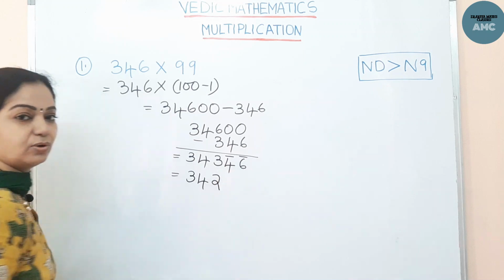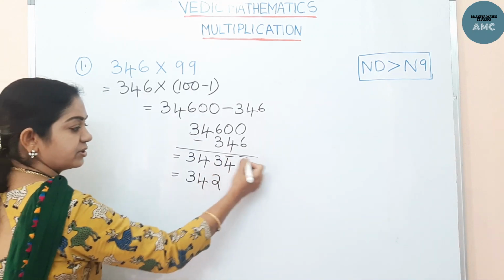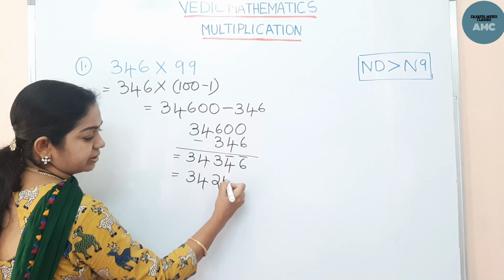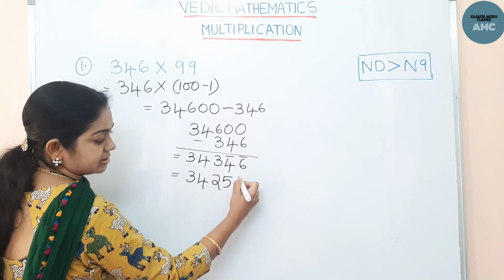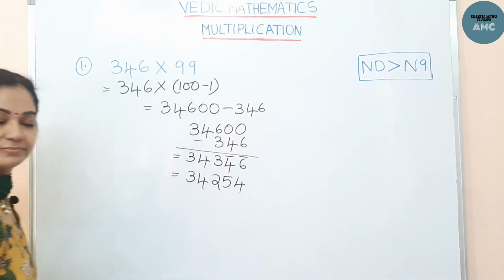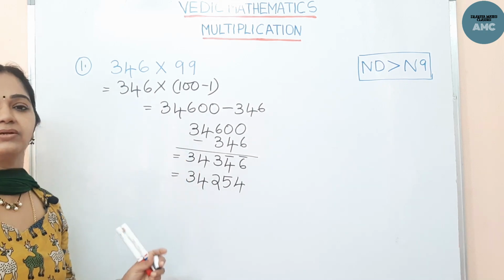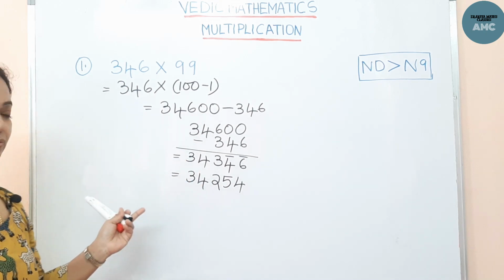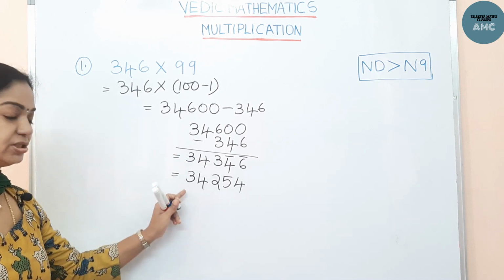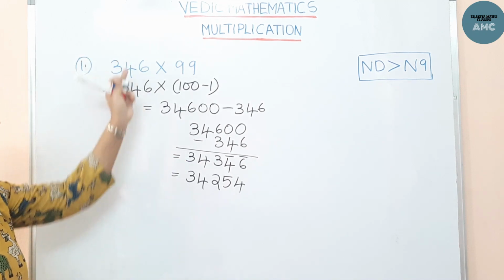Now here what we do: all from 9, last from 10, if they are on the series. 9 minus 4 is 5, 10 minus 6 is 4. So this is the answer. So subtraction through vinculum is very easy. In 2 seconds we can do it. Write the vinculum number, then change it to the actual number. So the product is this.